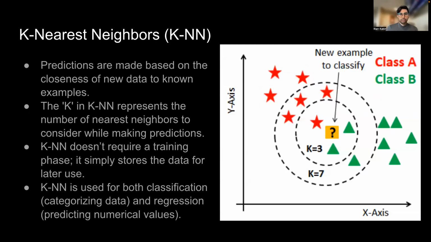The next machine learning method is k-nearest neighbors. So this is a machine learning model that makes predictions based on the closeness to known examples. So this is a pretty unique machine learning model. It doesn't have a training phase. It's operating on a pretty simple principle. It'll make predictions about new data by comparing it to the data that you have given it. So I think an analogy would be if you're trying to classify whether a tumor is malignant or benign, you would look at the labels of other benign or malignant tumors that are closest to the tumor in question